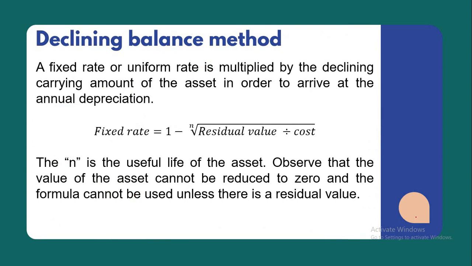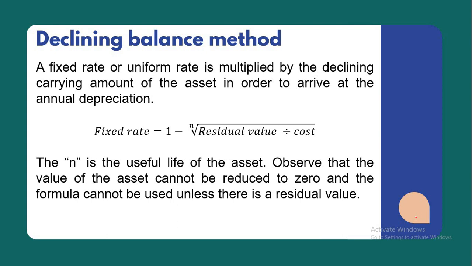So let's proceed. Another method under the declining charge or decreasing methods is the declining balance method. So what is in the declining balance method? A certain rate is multiplied, okay? Every year of the life of the asset, a certain rate is multiplied to the declining carrying amount of the asset. Okay? So meaning to say,